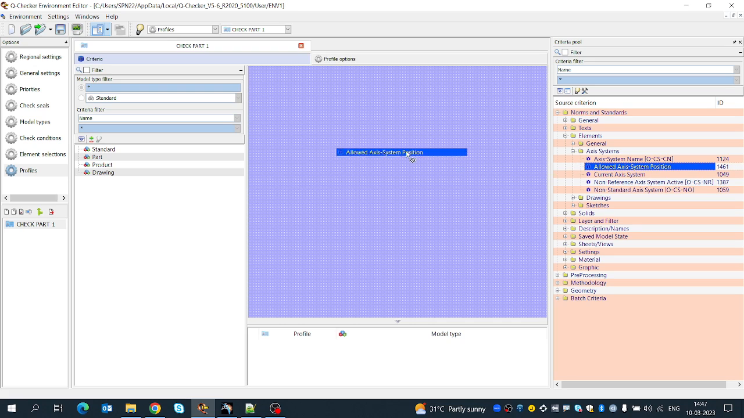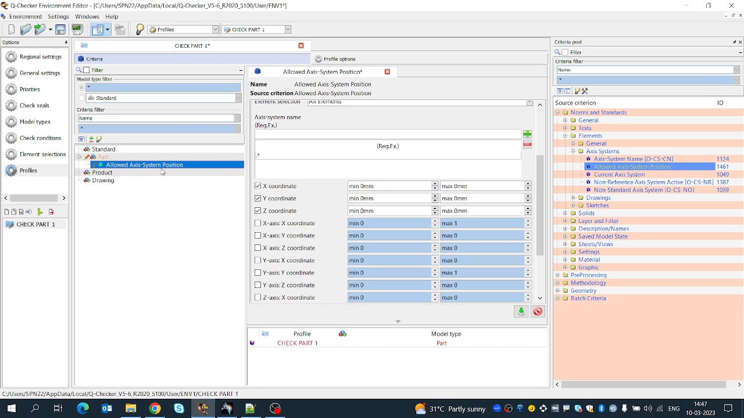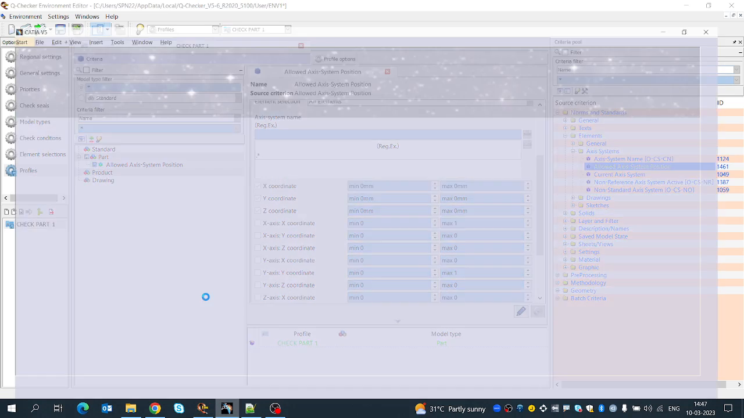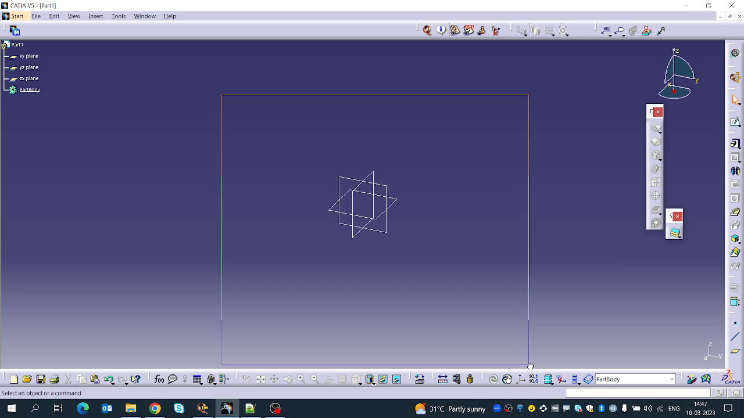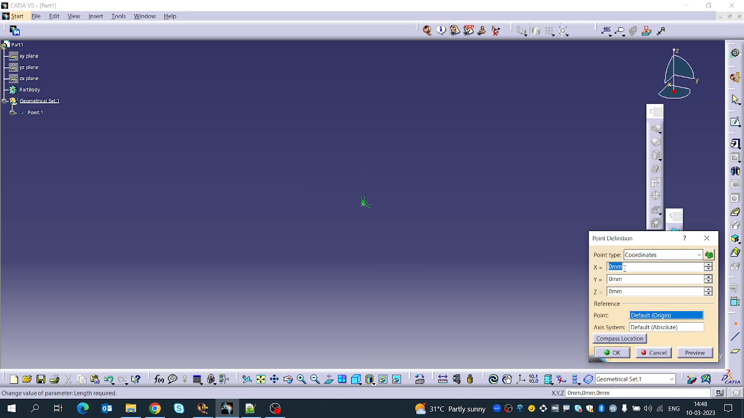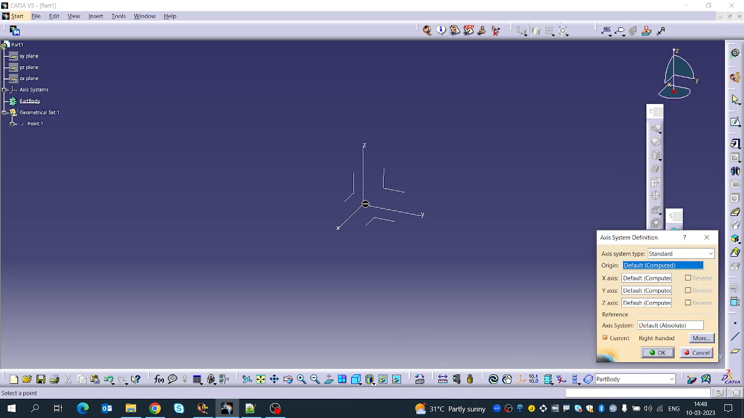Allowed axis system position. I will allow the axis system position x, y, z. Save it. The x coordinate is 0, y is 0, z is 0. Now I will go to the Q checker environment, go to part design, and here I will hide the plane system and create a point at coordinate x0, y0, z0. Create an axis,